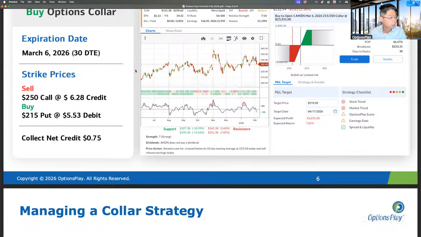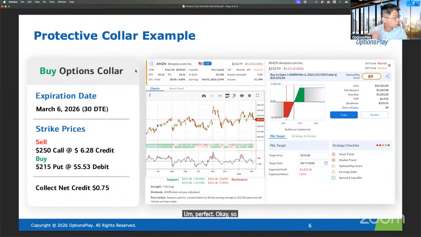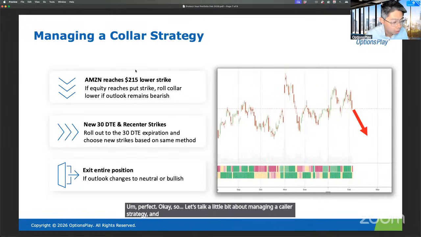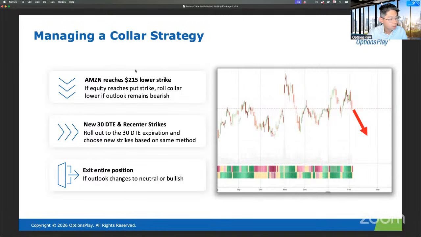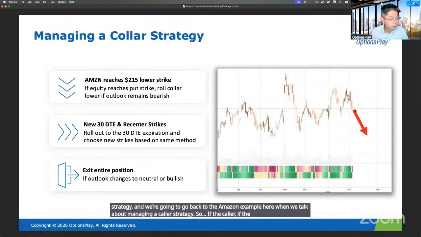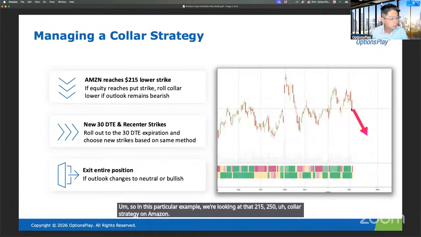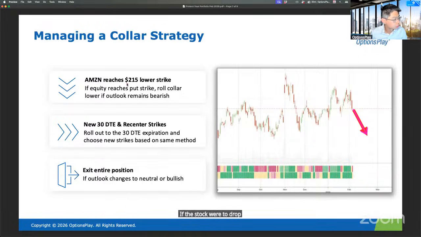Perfect. Okay, so let's talk a little bit about managing a collar strategy. And we're going to go back to the Amazon example here when we talk about managing a collar strategy. So if the stock were to drop, in this particular example, we're looking at that 215, 250 collar strategy on Amazon. If the stock were to drop and reaches your lower strike price, the $215 strike price,